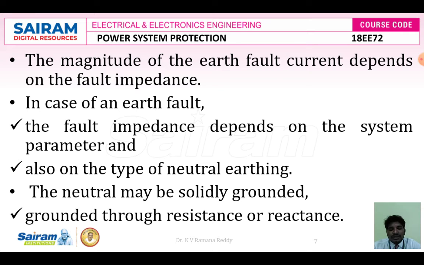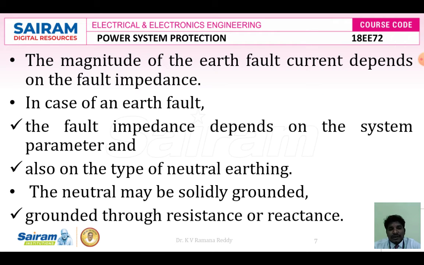For example, in the neutral wire, if there is only zero sequence, then the earth fault relay is not sensing any fault current. Suppose in the neutral wire there is no zero sequence and there is some other sequence current, then definitely it is a fault, and we can conclude that it is a fault because of the neutral wire. So it is like a short circuit fault where the current is very high. That is why we use an overcurrent relay which senses that current and isolates the faulty section of the system from the healthy section.